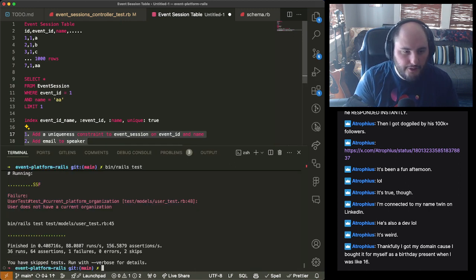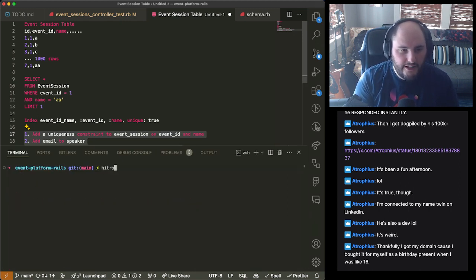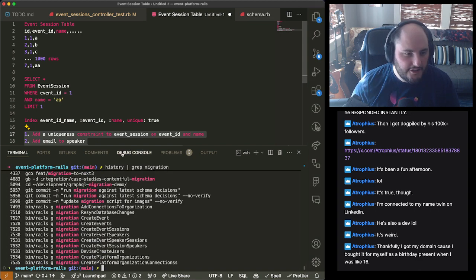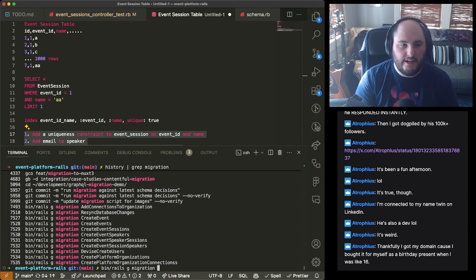So here's what we're going to do. We're going to go in history and look up our lovely migration command because I forgot how to do it. Hopefully that shows up. Okay, cool. So we're going to do bin rails g migration, and let's do this the best practice way. We're going to do this in 2 migrations.